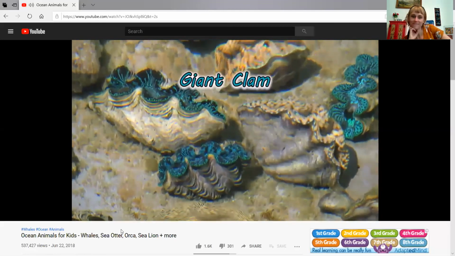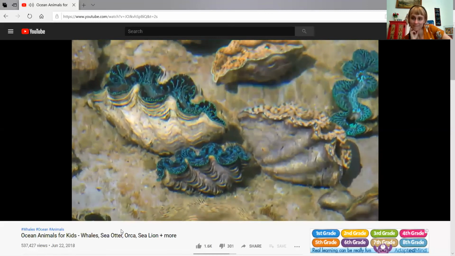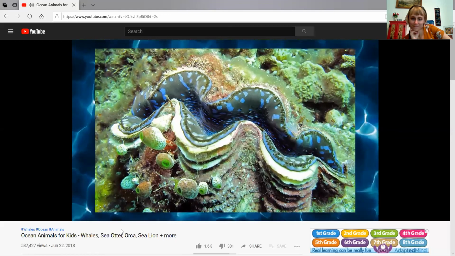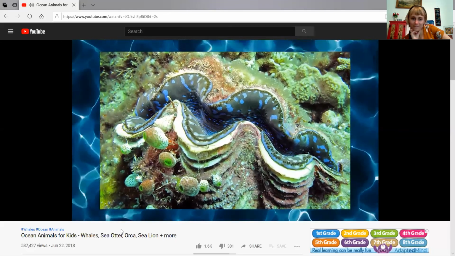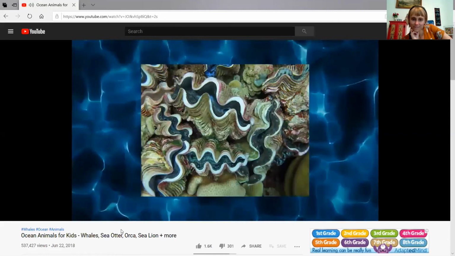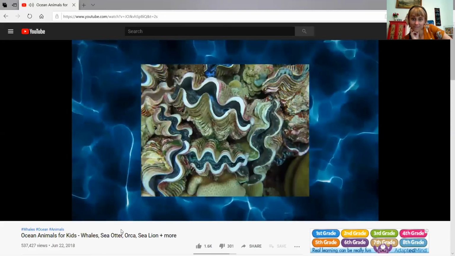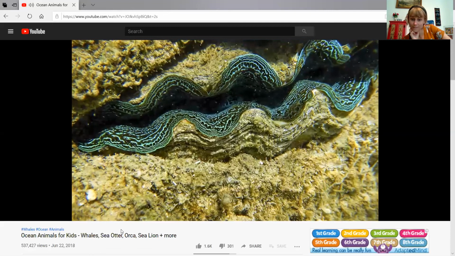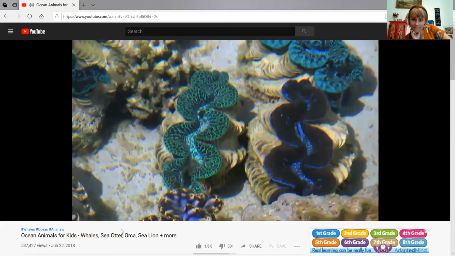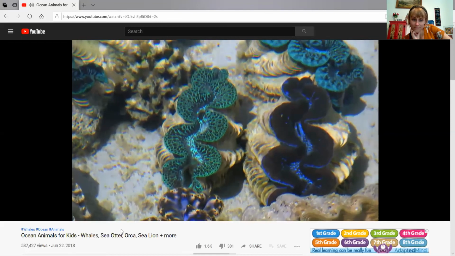The giant clam is the largest mollusk on Earth. It gets over 1 meter across and can weigh over 200 kilograms, more than 400 pounds. This doesn't happen overnight. These clams can get over 100 years old. They don't always look like this, though. For the first 12 hours of their lives, they're just fertilized eggs floating next to their parents.